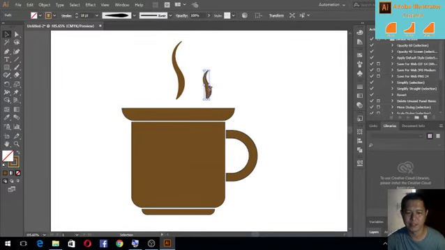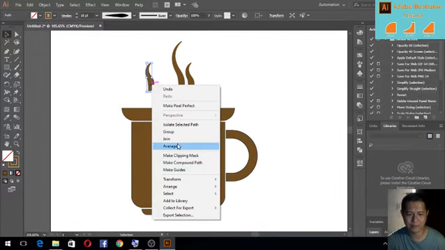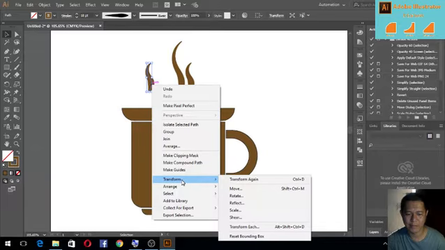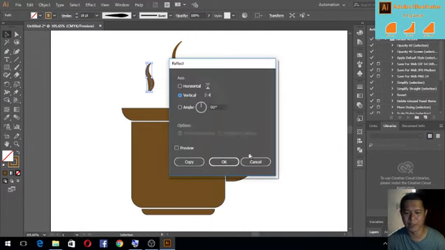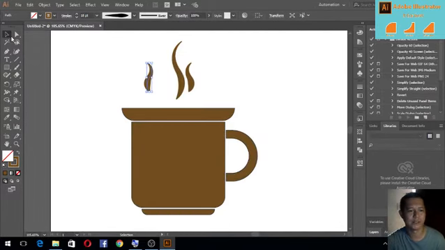And then go to this one, and also copy it, go there, right click, transform, reflect, and OK. Go to the selection tool and then drag it to, yes,